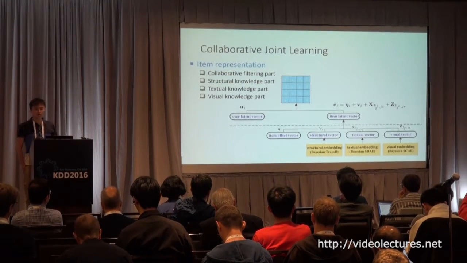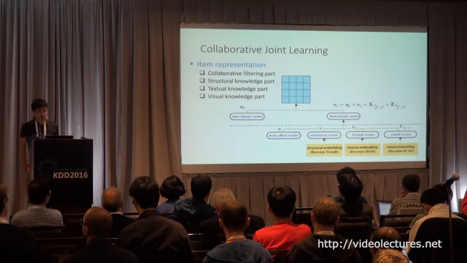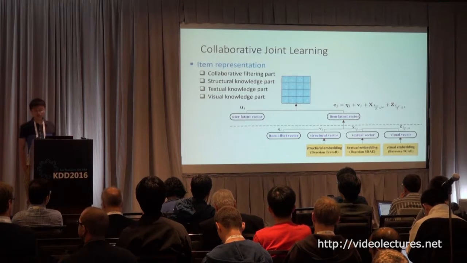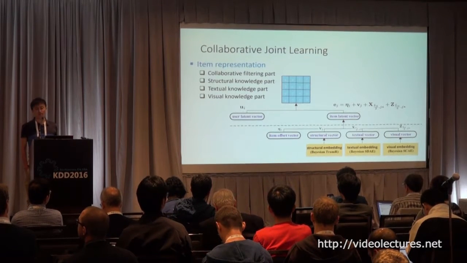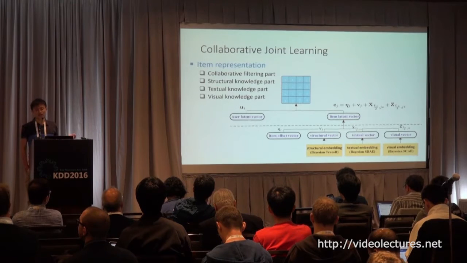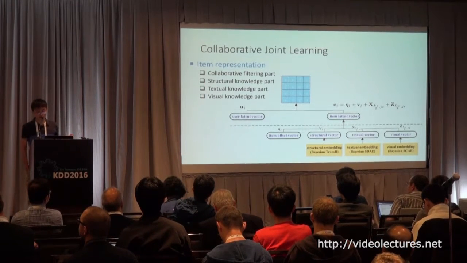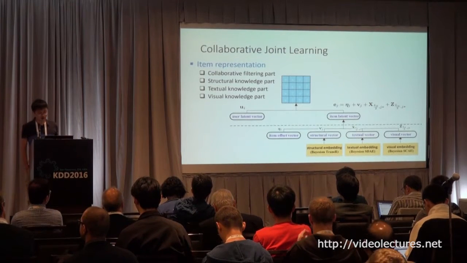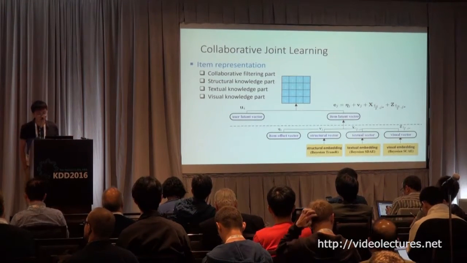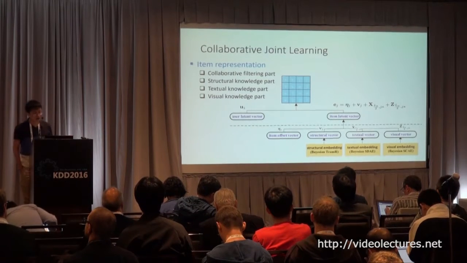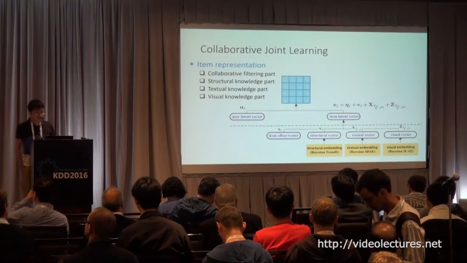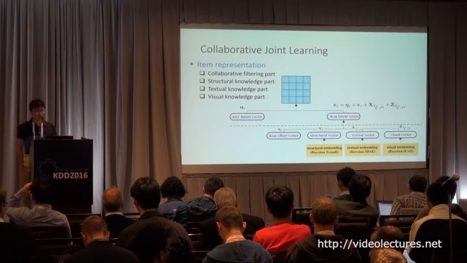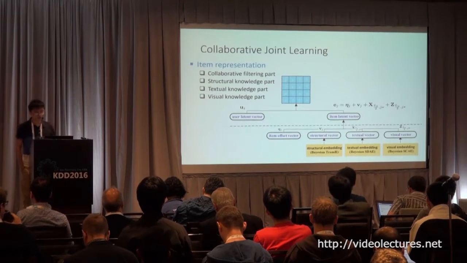Okay, until now, in the knowledge base, we have 3 representation vectors for this item, and we also have another item offset vector. This is similar to the traditional item latent vector in single collaborative filtering. And finally, the final item latent vector will be represented as the sum of all these 4 vectors. And also, given the user latent vector, we can make a pairwise ranking-based optimization function to solve these recommendation problems.